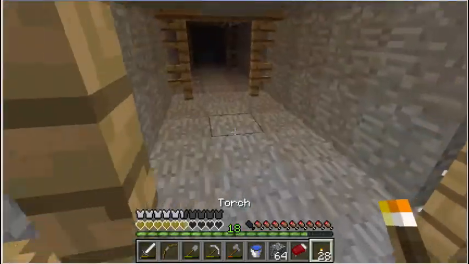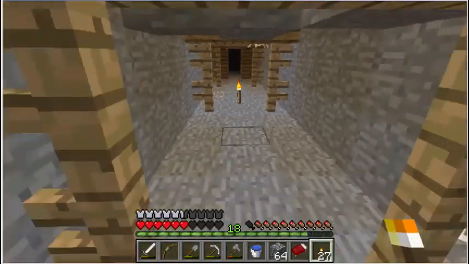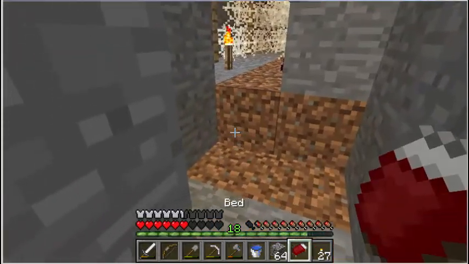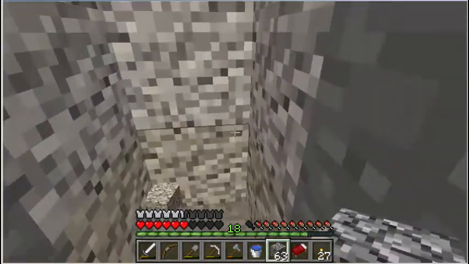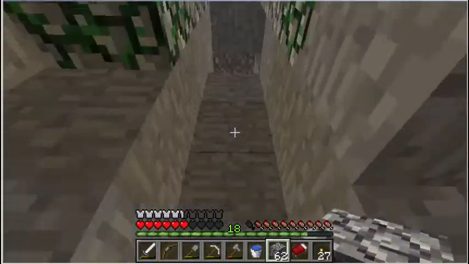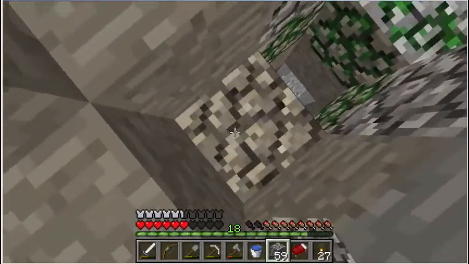Now, the one thing I don't like about this resource pack is you get that manly grunt of pain again, which I don't like. So let's go ahead and seal that off. I think we'll build just a temporary little settlement here, nothing fancy. Sounds like there's a lot more crap down here, so...